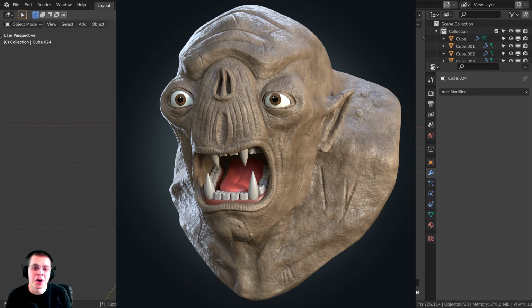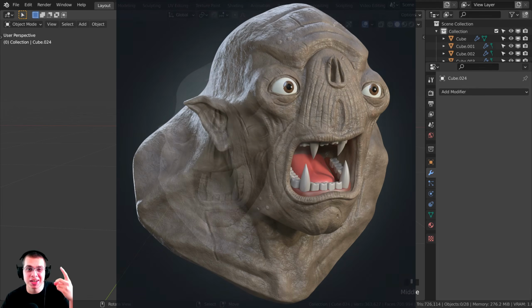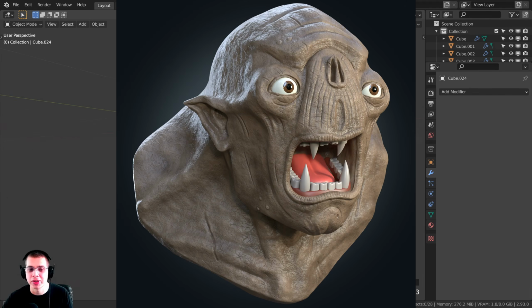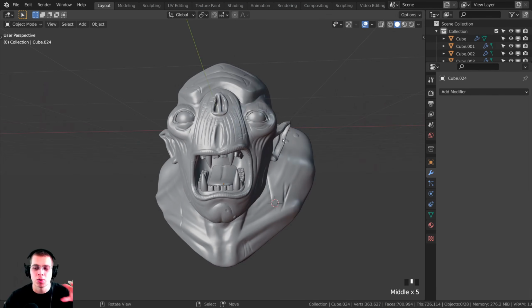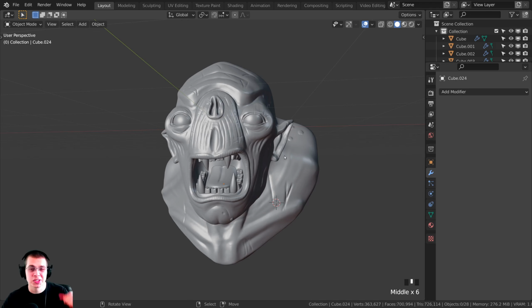Welcome everyone to part 3 of this tutorial series where we're creating this cave troll in Blender. So in parts 1 and 2 we sculpted and modeled the cave troll, and this is where we left off in part 2. So all the modeling is done,